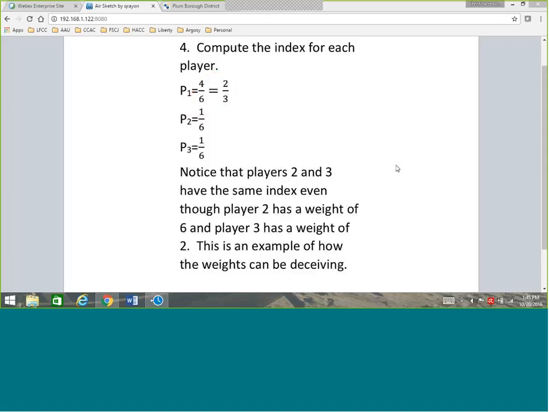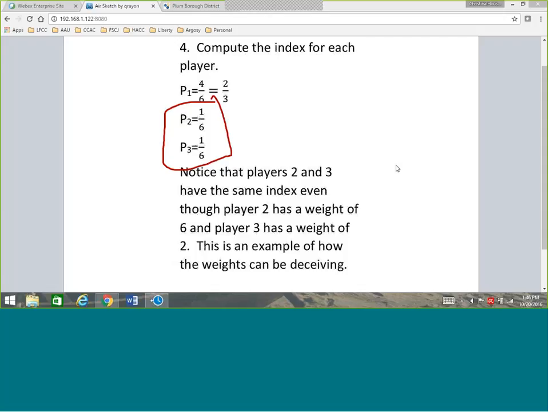Okay. Notice that players 2 and 3 have the same index, even though player 2 has a weight of 6, player 3 has a weight of 2. You would think that player 2 has 3 times the power as player 3, because you take the weight of player 3 times 3 gives you 6. Player 2 might start feeling good about himself because he has 3 times the power of player 3, but not really. This is where the weights can be deceiving,